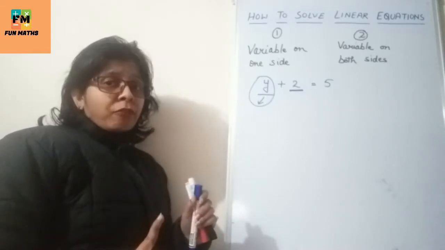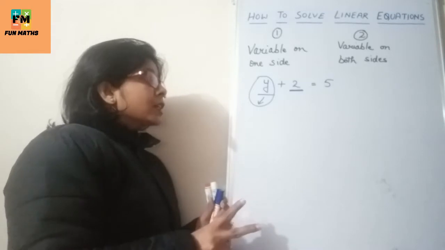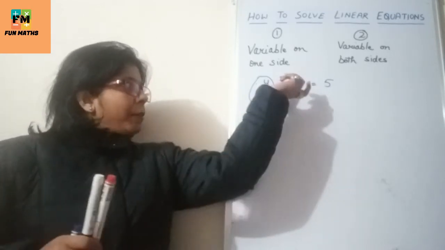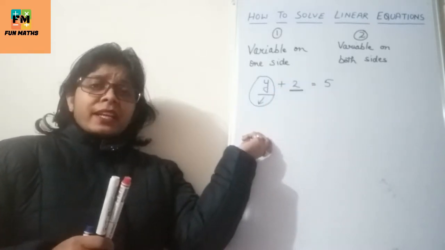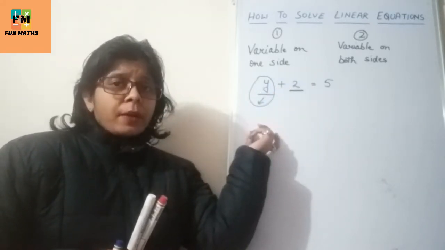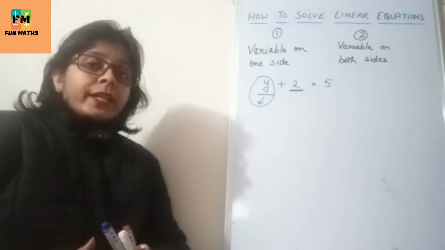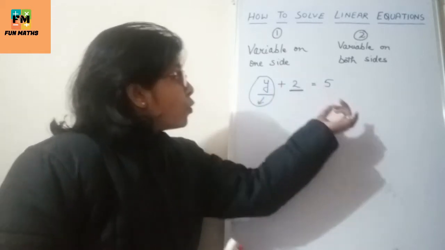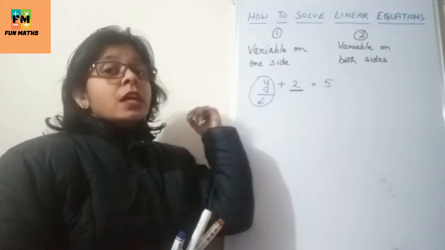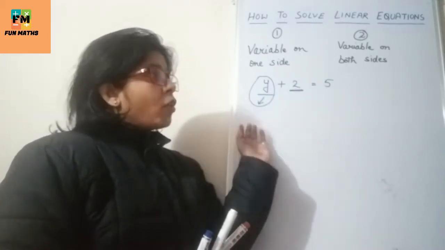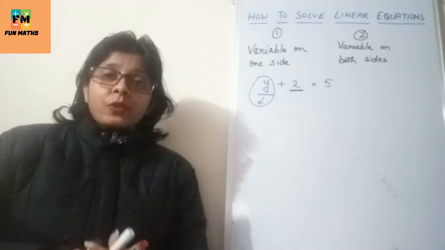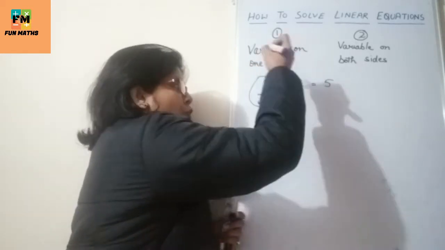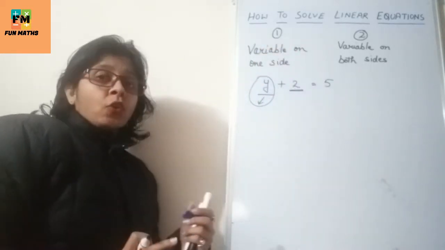One thing, we have to get rid of the number 2. Another thing, we have to keep the equation balanced. If I add some weight on the left-hand side, definitely the equation will no longer balance. So what to do? Whatever we do in the equation, we have to do the same thing on both sides to keep our equation balanced. Our first task was to get rid of this number 2, to make y alone on the left-hand side.